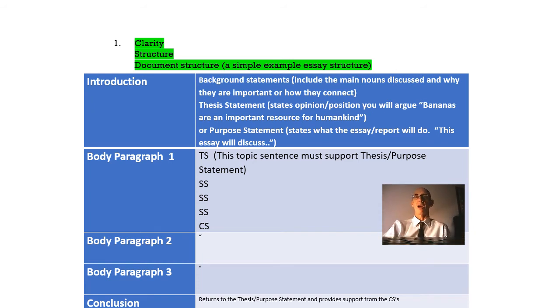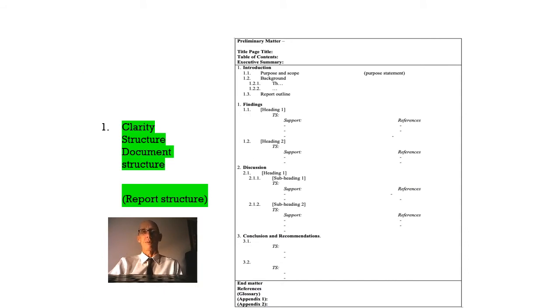That's an essay structure. Why didn't they tell me that in high school? I don't know. But yeah, that's how you structure an essay. Now, how would you structure a report? Now, reports,